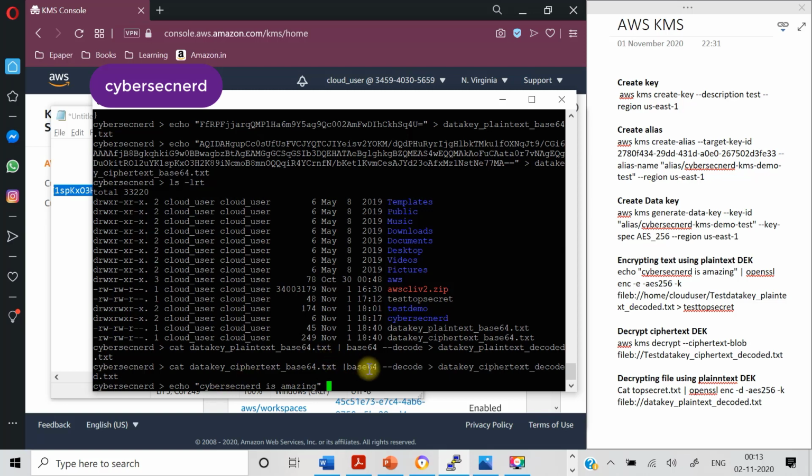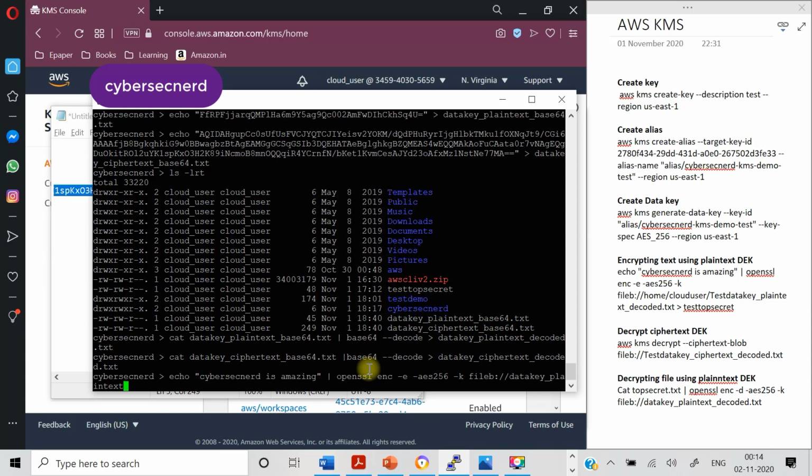This is just a random text, and we are trying to encrypt this particular text. So let's do that. Okay, OpenSSL encryption. We are again using AES-256 as the encryption, and for the passphrase I will be mentioning the plain text data encryption key. So let's call it data key plain text